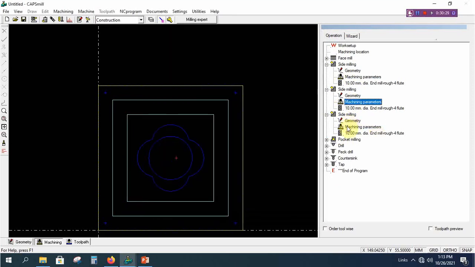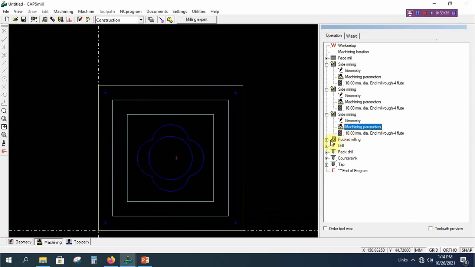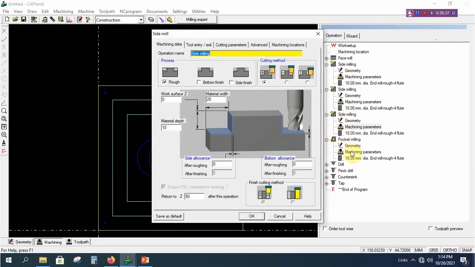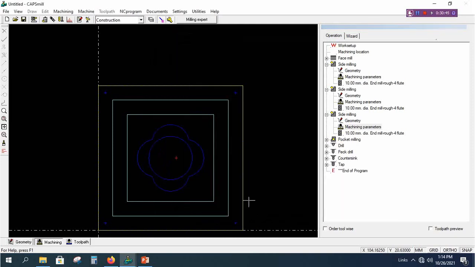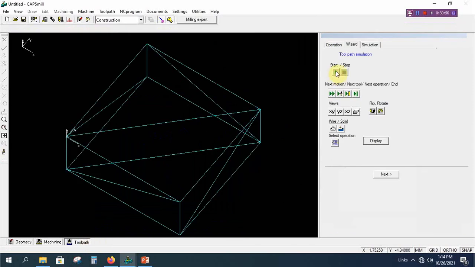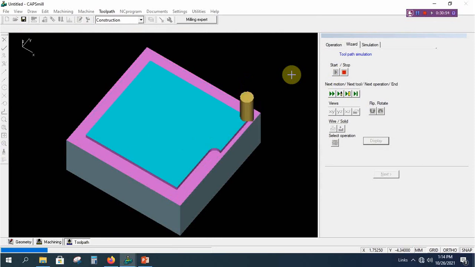For third side milling we can enter the value as 1. Pocketing option, okay, we can keep it as 1. Now we can do the simulation. Say now that the speed will be more.